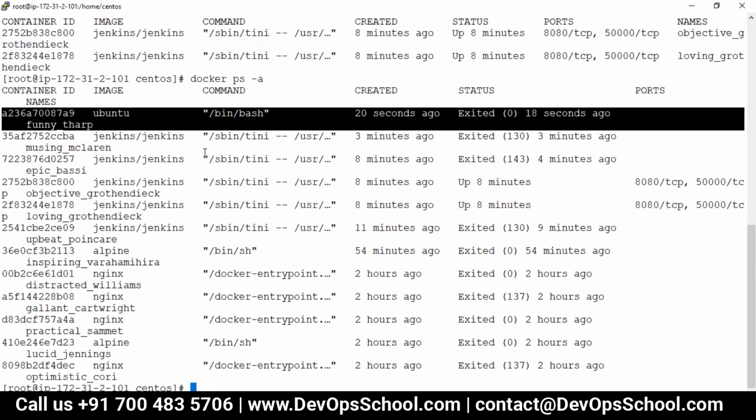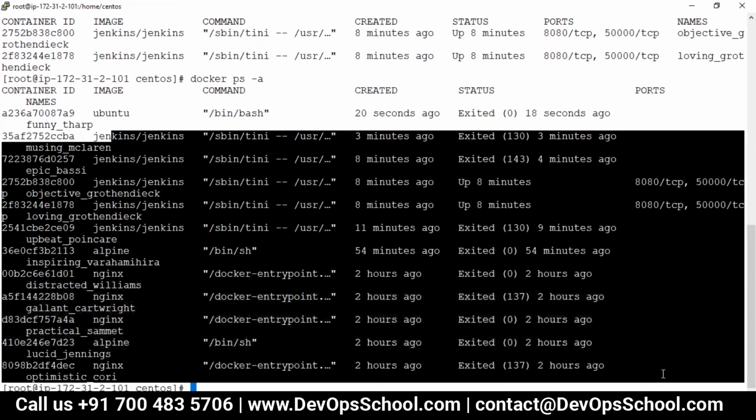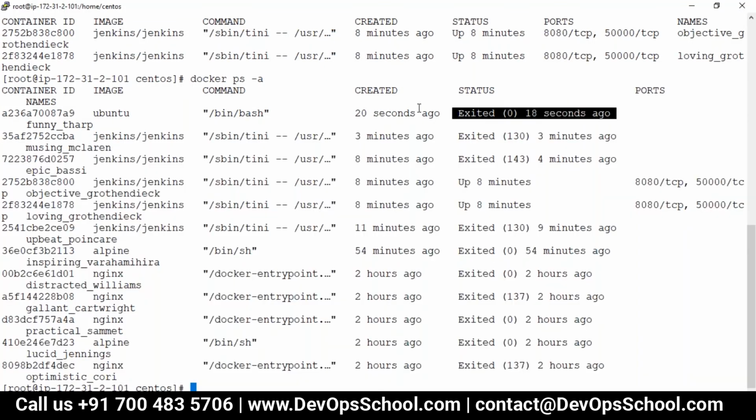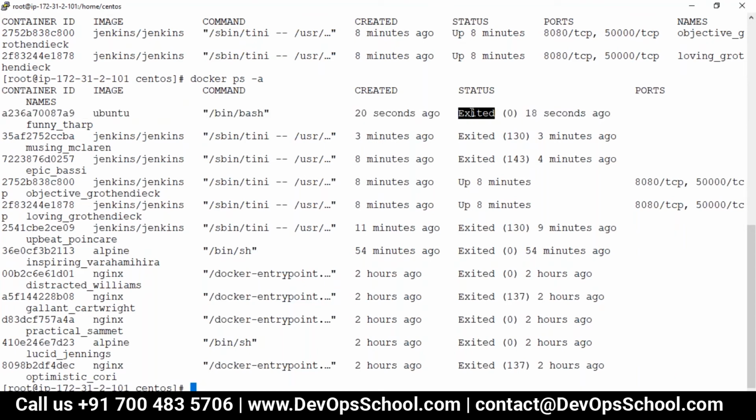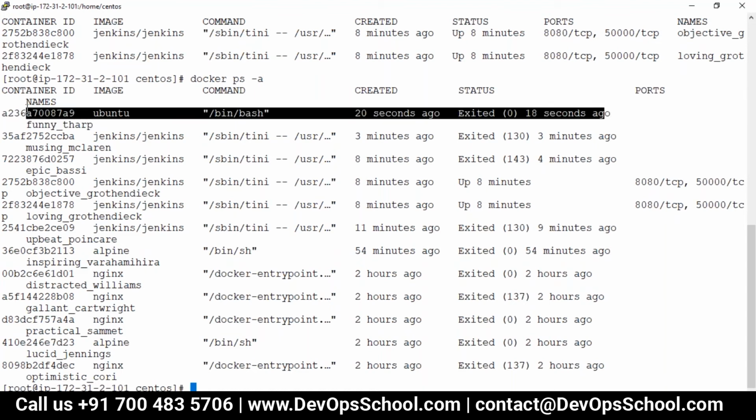How come? There are many other containers also getting exited, but I'm talking about this one right now. Why is this being exited? Remember, what does exited mean? Exited means it has run at least once. I said in the morning itself, at least once. So this container got exited. Why? Now to answer this,